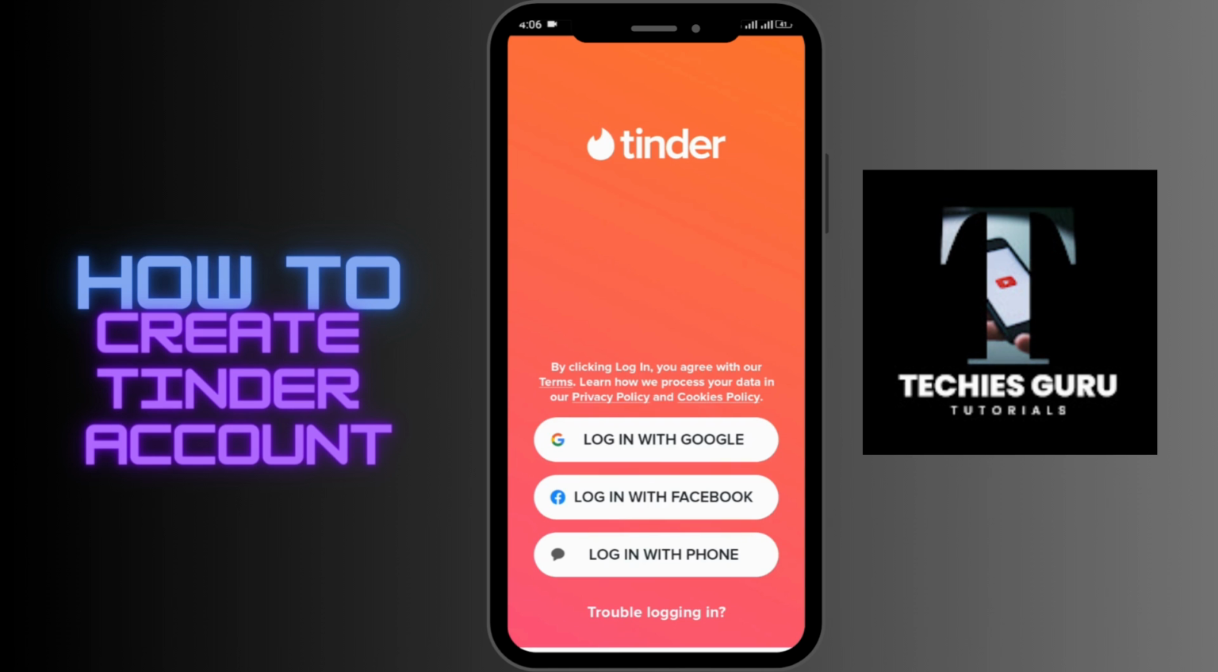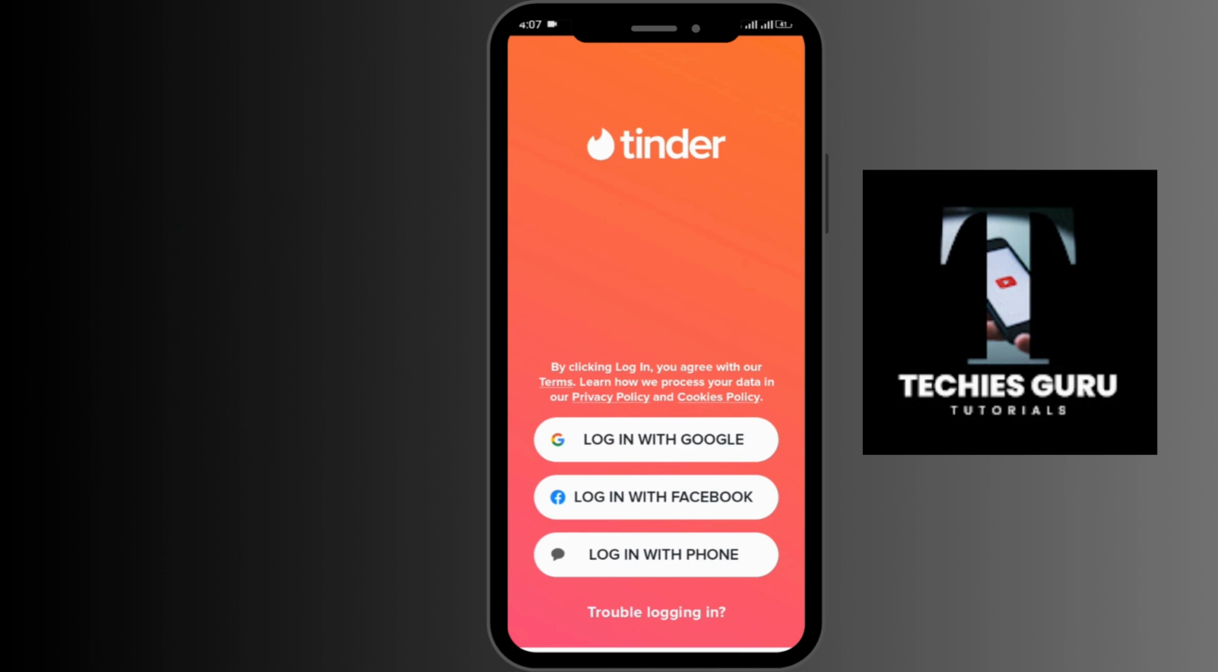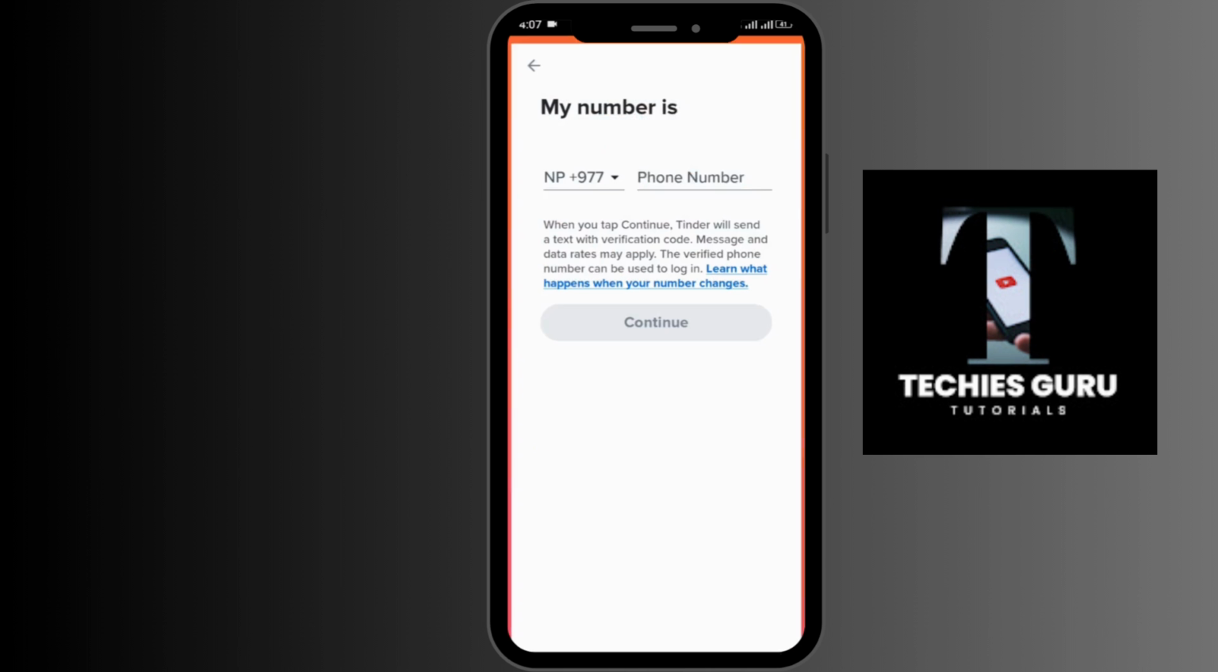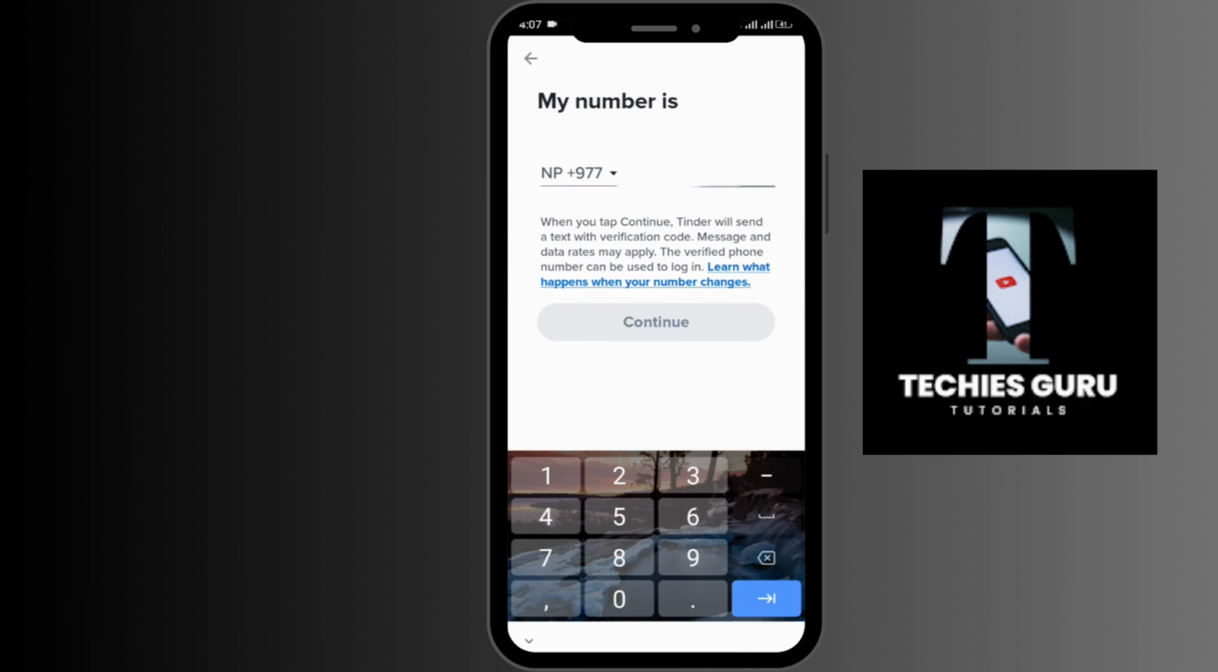So here are options for logging in with Google, Facebook and phone number. If you want to create your account with Google or by using your Gmail account, then you can continue with Google. If you want to create your account using your Facebook account, then you can go for login with Facebook. Similarly, if you want to create your account using your phone number, then you can go for login with phone number. Here I'm going for the login with phone number option, and in this section you need to enter your phone